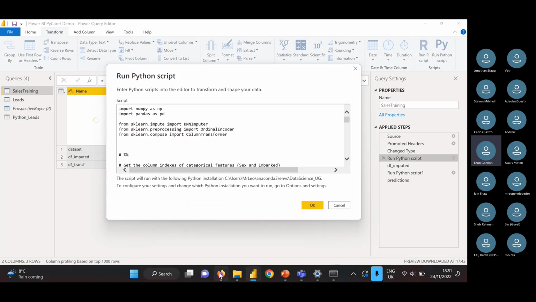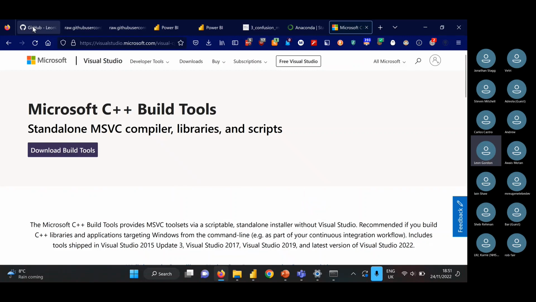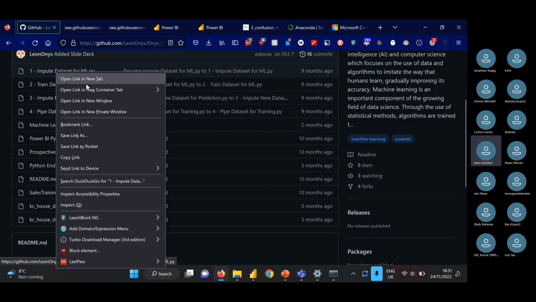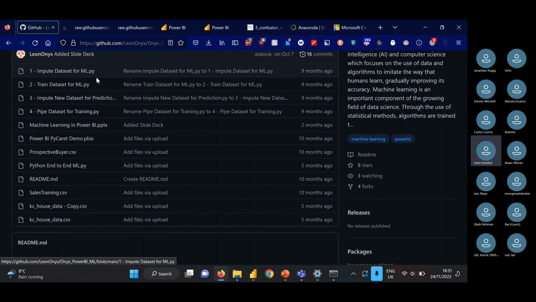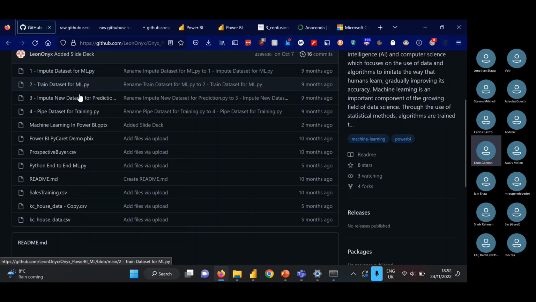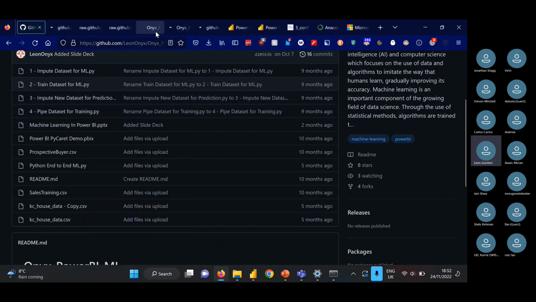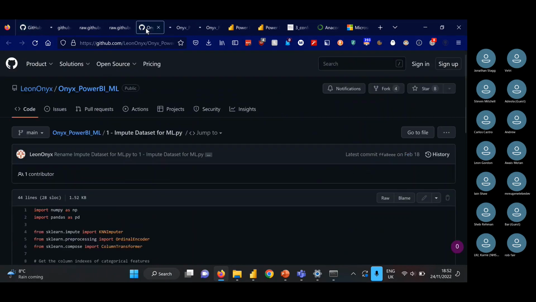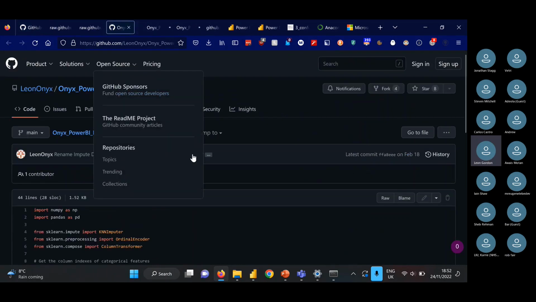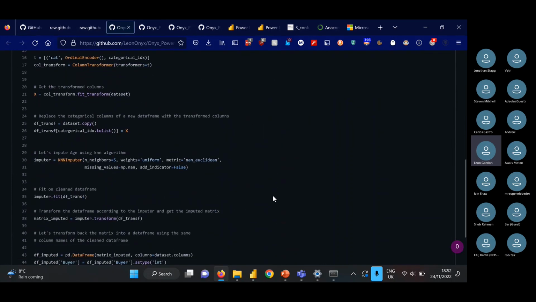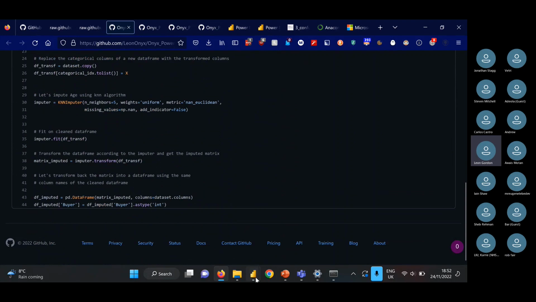Fortunately, if you are following along and you go back to our GitHub repo, I've laid out all of the Python scripts for you. So you'll see there 1, 2, 3, and 4. And you start at 1. I'll open each of these up in a new tab just to save on time. Okay, so our first Python script, again, without getting too technical, you can just go ahead, copy that out, paste it directly into